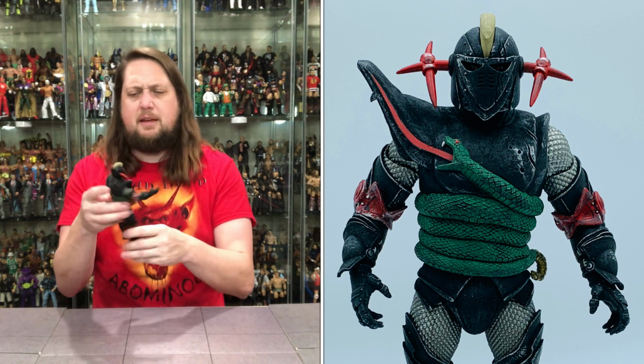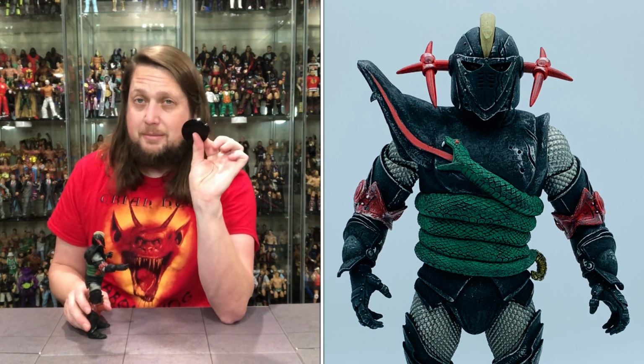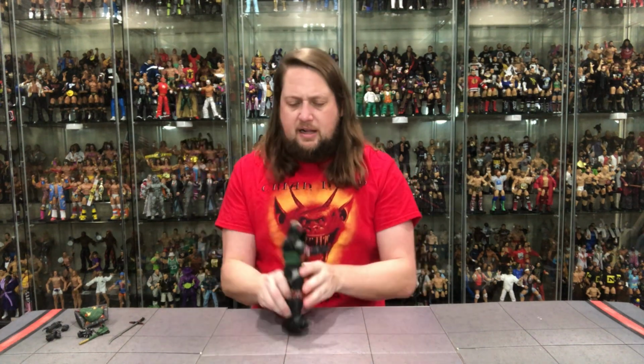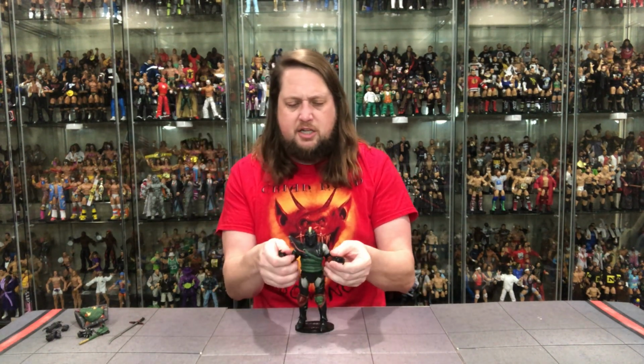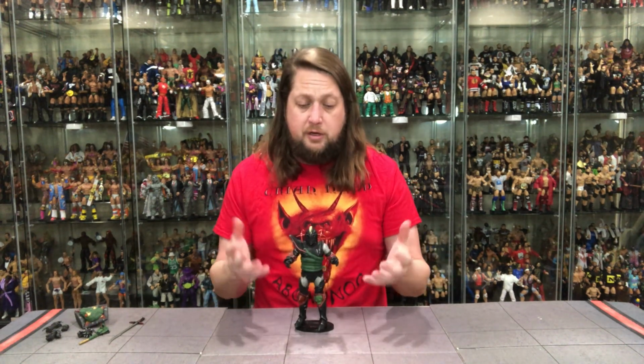Definitely mean, definitely menacing. Does he fit on a ringside collectible stand? Make sure you use the Mattel stands, as I always do say. And what do you know? He fits like a glove on the Mattel stand if you need a little extra protection for him. And who are we fooling? We always need extra protection. But he does fit in there really good. But man,